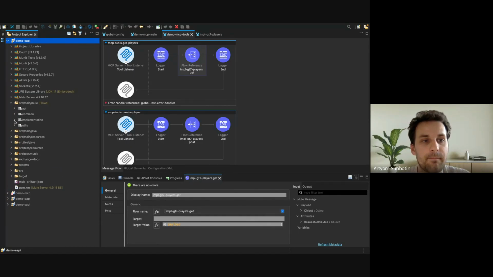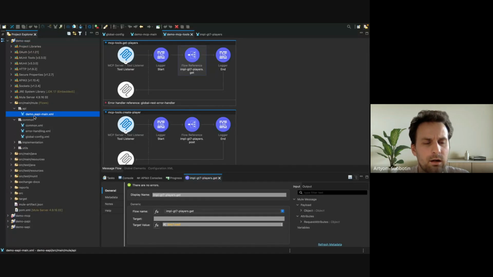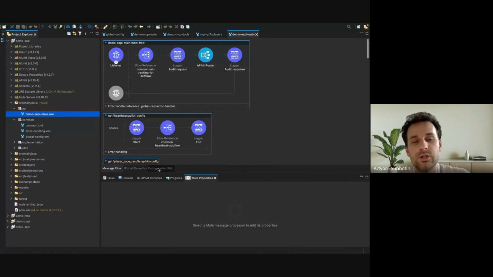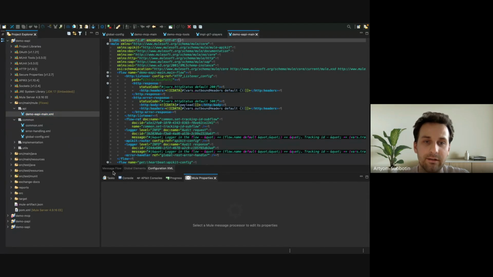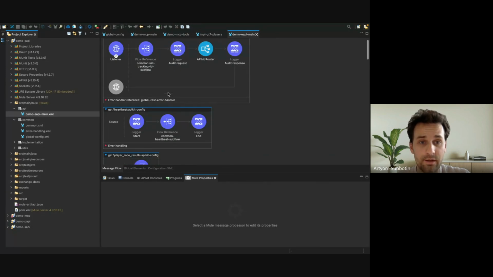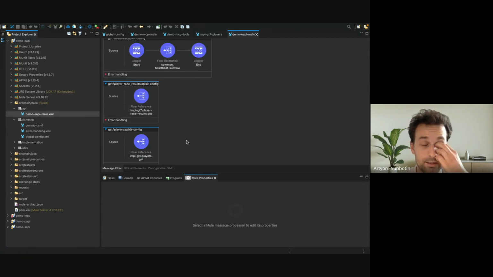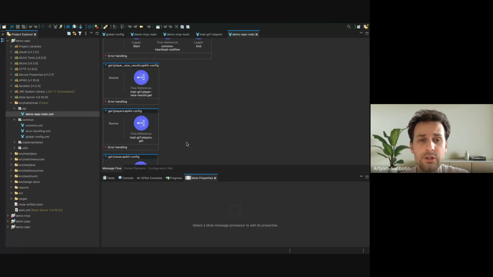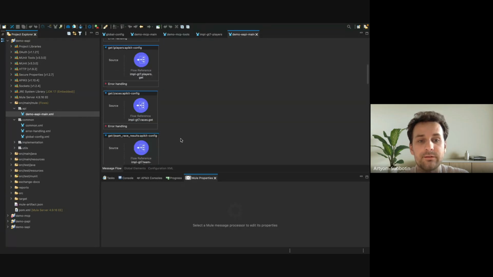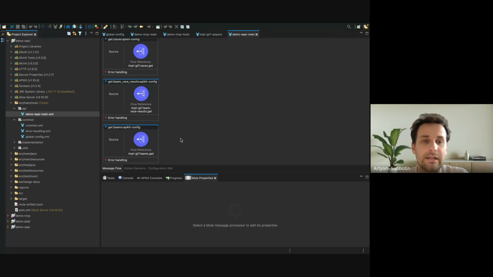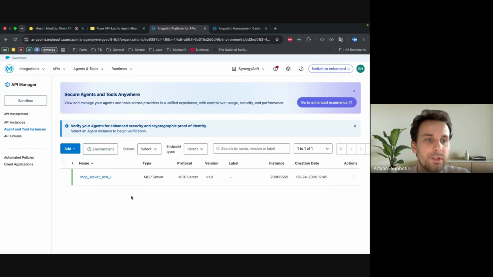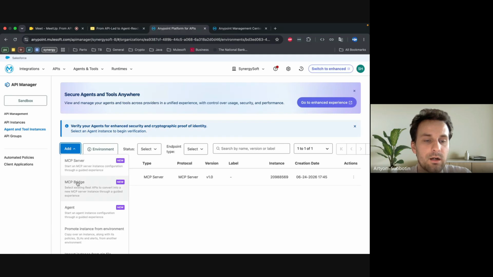The experience API has just endpoints which were developed originally for APIs, not for agents. You see that we have a listener, and separate endpoints for each required request. So it's just a pretty standard experience API, nothing more. Then these requests are redirected to the process layer. So what we need to do here is add the MCP bridge.